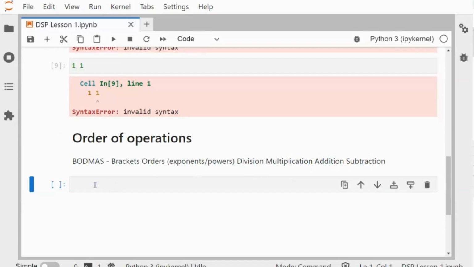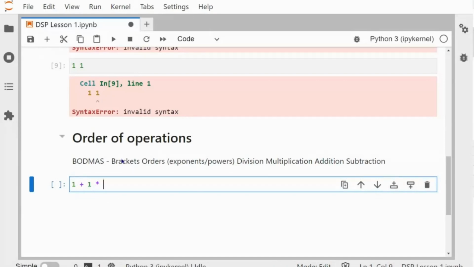So let's look at an example here. Let's say we have 1 plus 1 times 2. Let's try that. If we were going from the left to the right, it would be 1 plus 1, which is 2, and then times 2, which should give us 4.